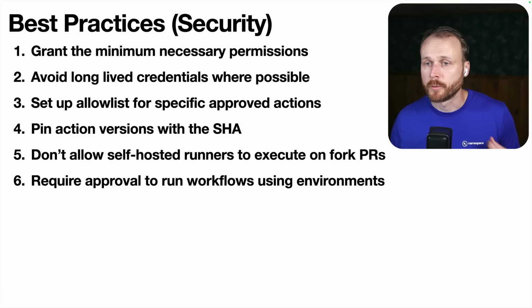As we've done throughout the course, you'll want to pin the action versions from the marketplace using the commit hash rather than using a tag, as that's the only way to guarantee you're going to run the same version each time. It's important to not allow self-hosted runners to execute fork PRs. This helps prevent a malicious actor from exfiltrating information about the self-hosted runner by modifying the repo and the actions